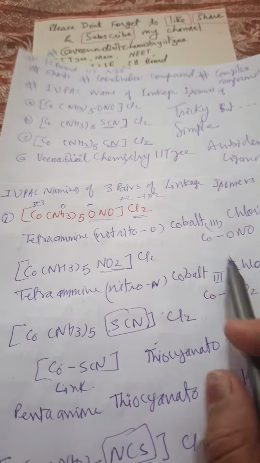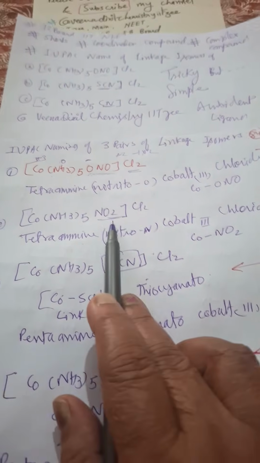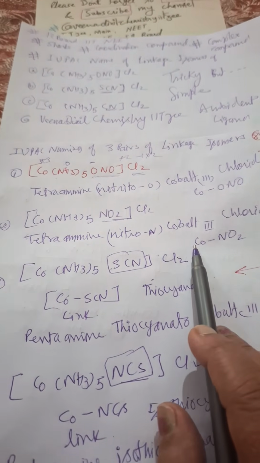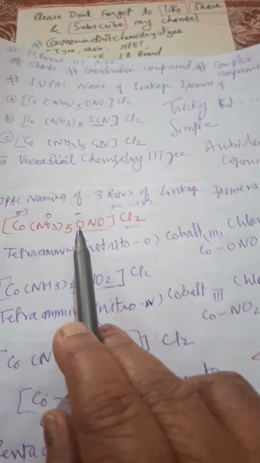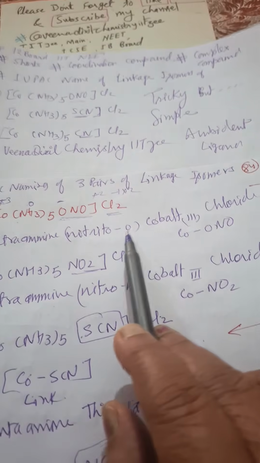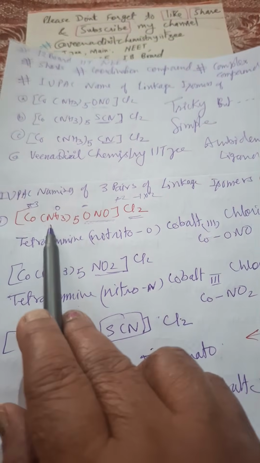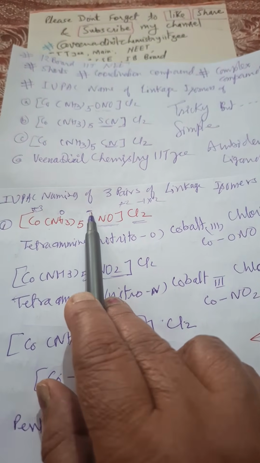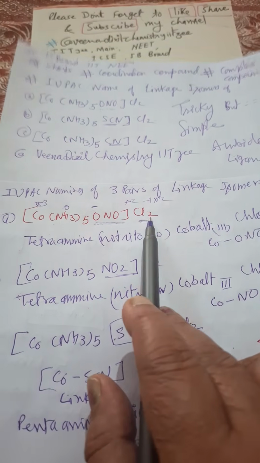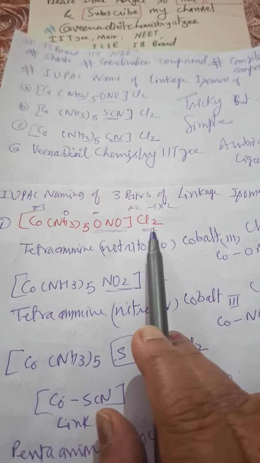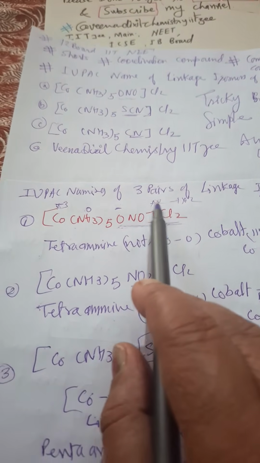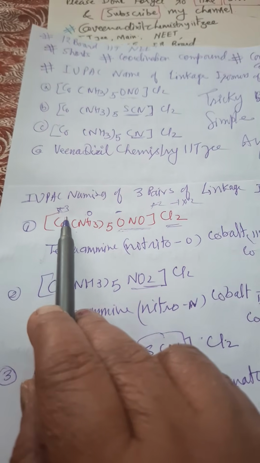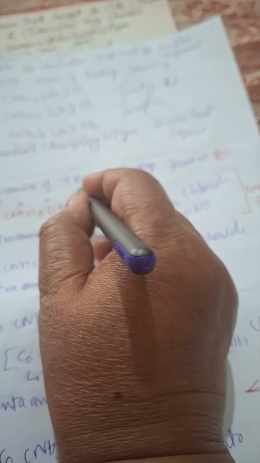This type of linkage is there in nitrito, and when we are saying nitro, at that time N donates a lone pair of electrons to cobalt. Now see here, this is pentaammine nitrito-O, because cobalt is linked with oxygen, so nitrito-O cobalt(III) chloride. The oxidation state of cobalt is 3 because nitrito carries 1 negative charge, ammonia is neutral, and the two Cl are there, each Cl having -1, so total -2 charge over here, so this sphere will have +2. So there must be +3 charge on cobalt, then only the coordination sphere will have +2 charge.